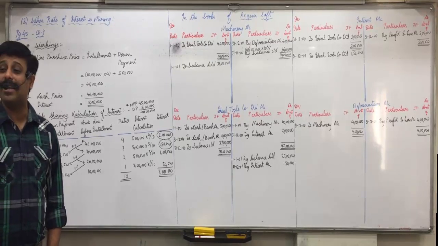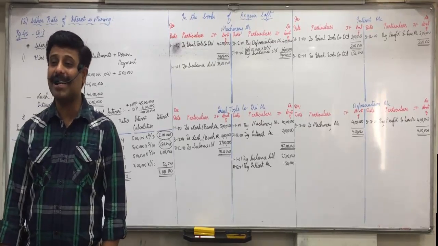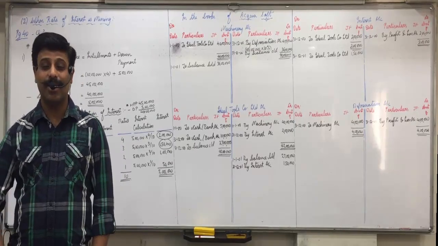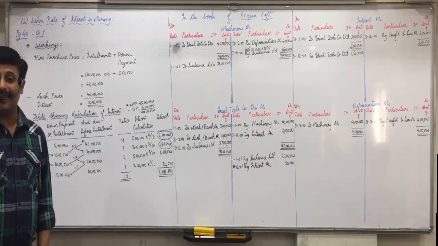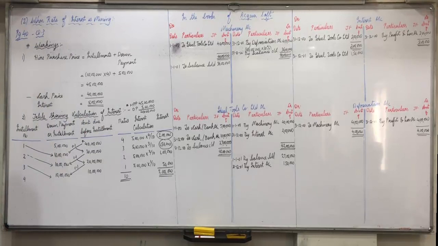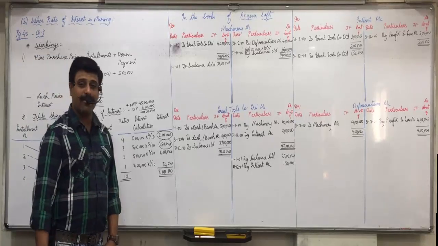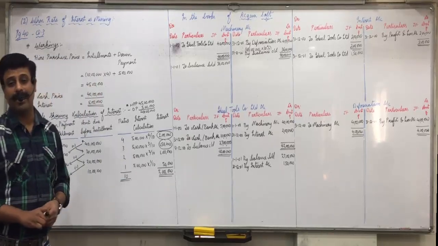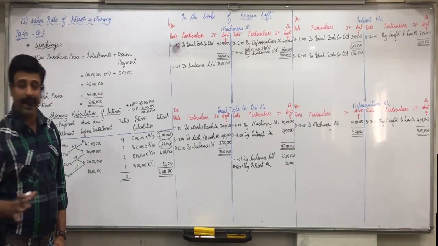I have only used new entries and new concepts. Rohan? Ideal Tools Limited to cash, and we are paying the money. Ideal is the receiver and cash goes out. Seller to cash and bank. Ideal Tools Limited to cash and bank. What amount? Rohan? 10 lakhs. Each installment is of 10 lakhs.